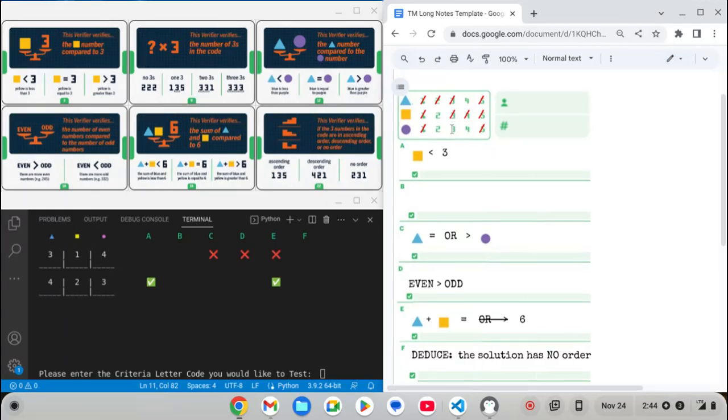But then I would have to test criteria card B to establish, well, should there be a 3 or shouldn't there? If I test criteria card B and it lets me know, yes, there's a 3, okay, fantastic, that's my answer. If not, then I would definitely have to test criteria card